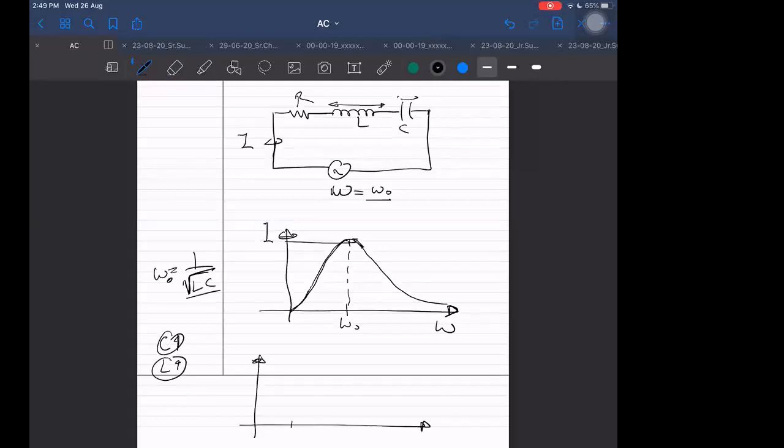It means one circuit can show resonance at omega 1, with L1 and C1, where omega 1 is 1 by root of L1 C1. But omega 2 is 1 by root of L2 C2. Similarly, omega 3, similarly omega 4. If I send current through this, I will get peak current at this frequency, at this frequency, and at this one. So for different frequencies, we will be getting the peak currents.